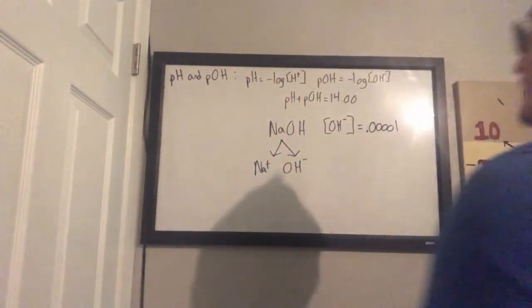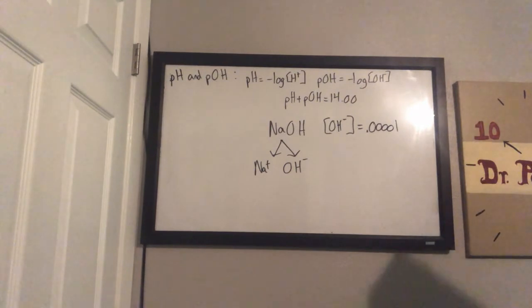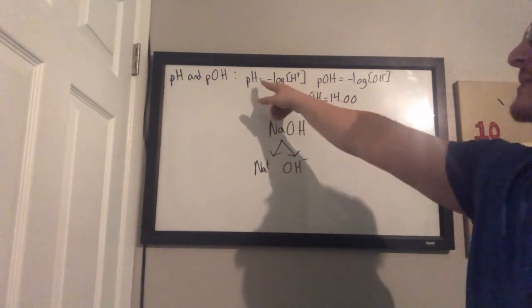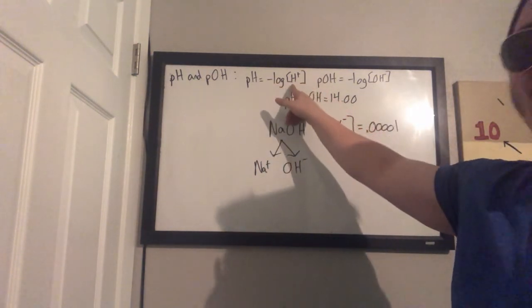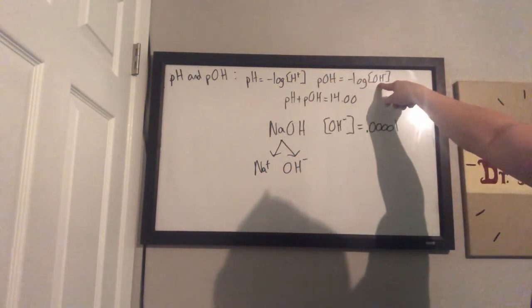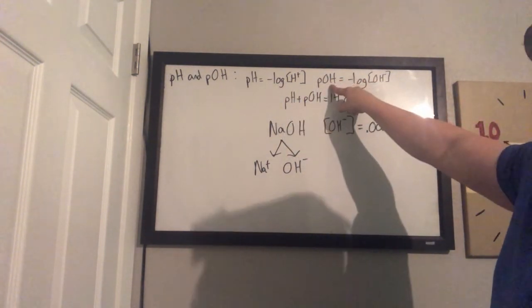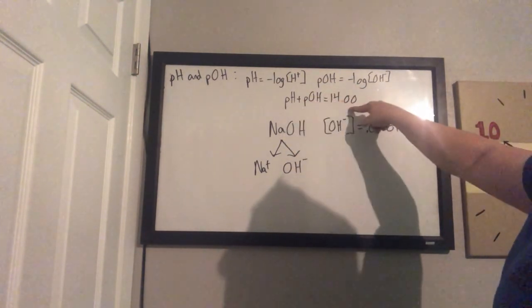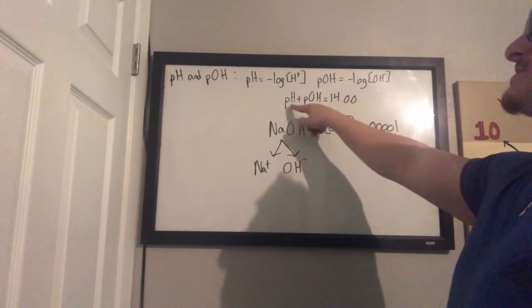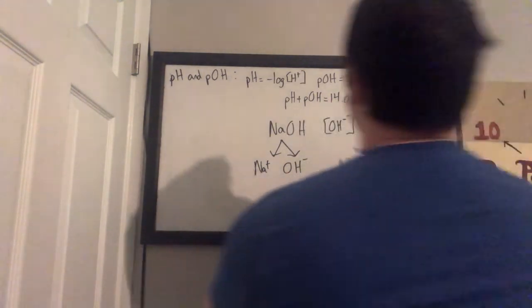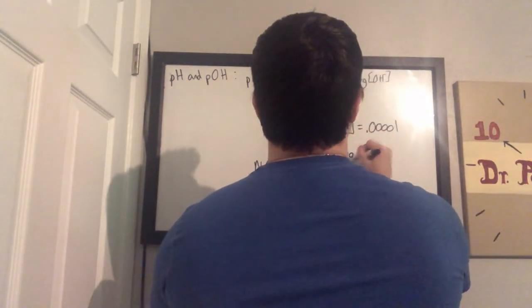So that's 4 zeros, 0.00001 molar concentration of hydroxide, and I can't use the hydroxide ion concentration to solve for pH. pH only utilizes hydrogen. So what I'm going to have to do is I'm going to use the hydroxide ion concentration to solve for pOH, and then I'm going to use this third equation, this constant that we have, which relies on the fact that pOH plus pH will always equal 14. So let's go ahead and plug in negative log of